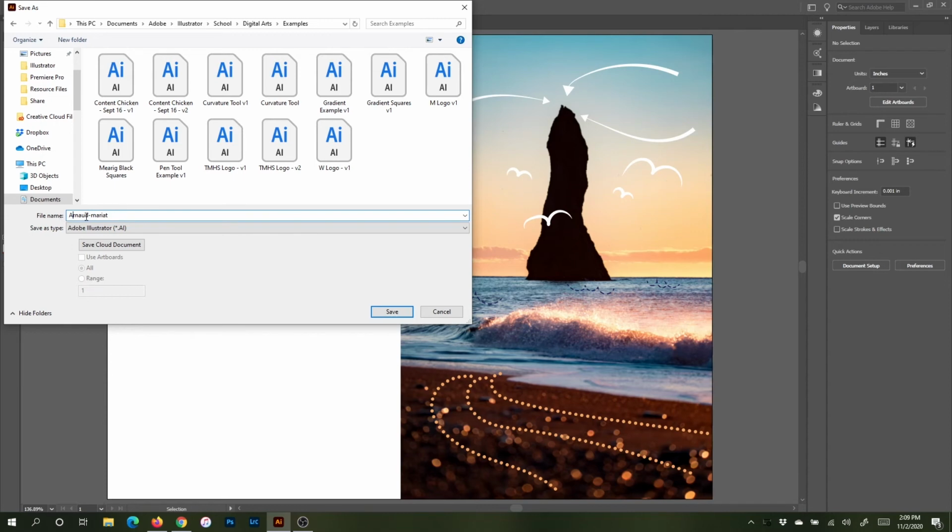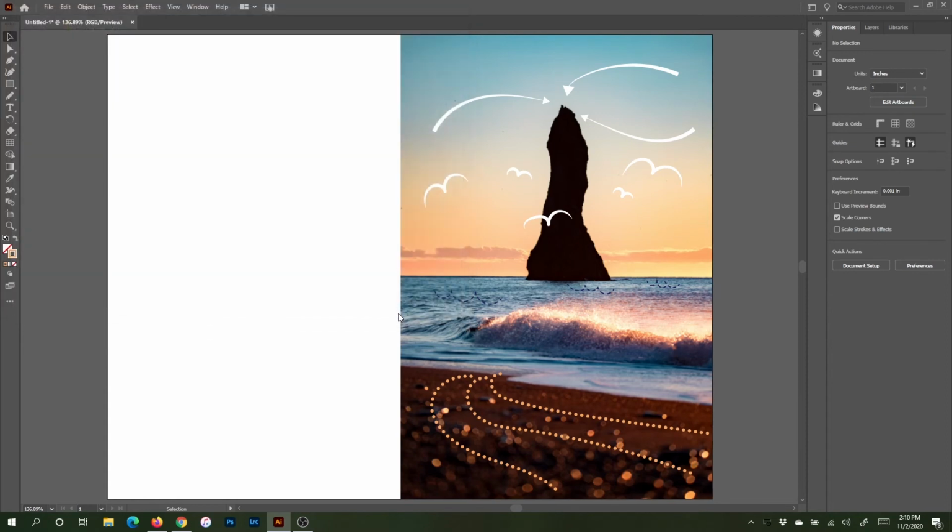Maybe change the formatting on this a little bit. And I'm going to call it pen tool at the front, a little hyphen, and maybe V1. We're going to save this as an Illustrator file